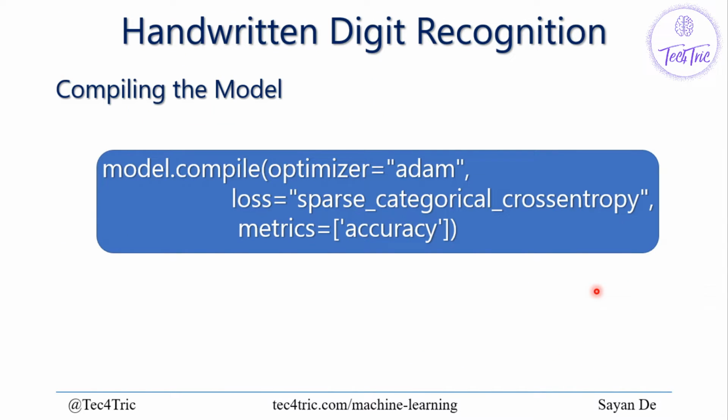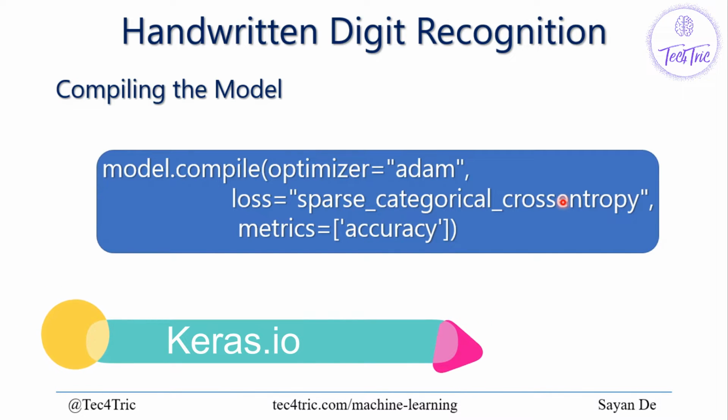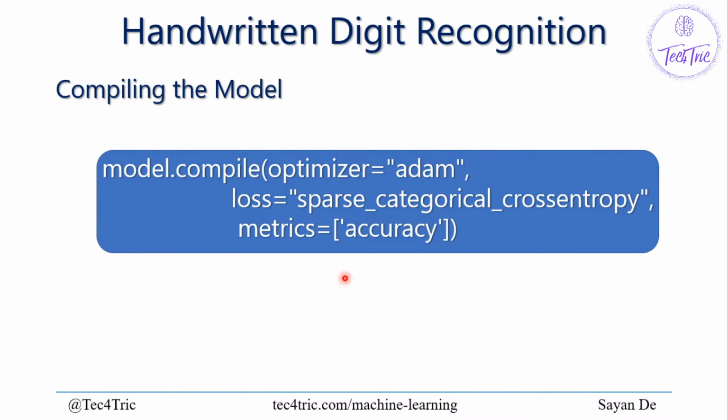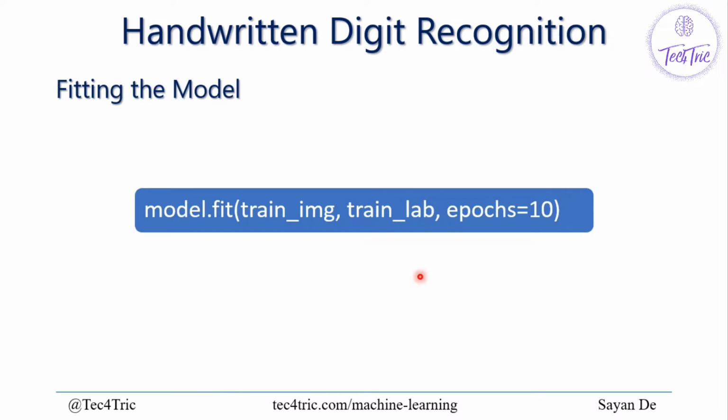Now I am adding sparse categorical cross entropy loss and the Adam optimizer to compile the model. Why categorical? If we have multiple classes to identify, then we have to use categorical cross entropy. And if we have one class to identify, then it will be binary cross entropy. Besides the Adam optimizer, Keras also has other optimizers. To know more about it, visit the Keras documentation. And we want to track the accuracy score while compiling the model. This single line will feed the model with training images and training labels.